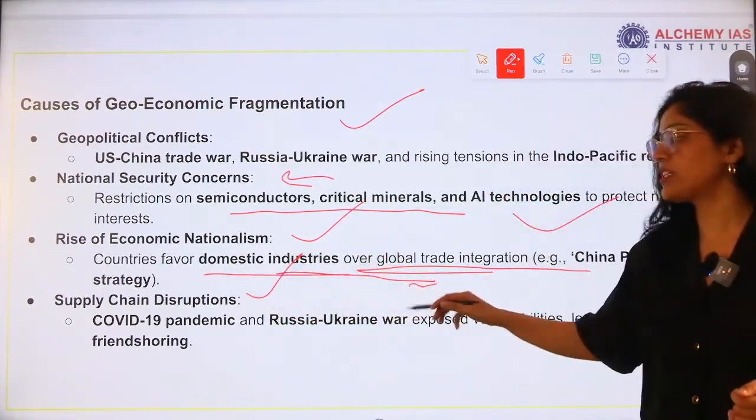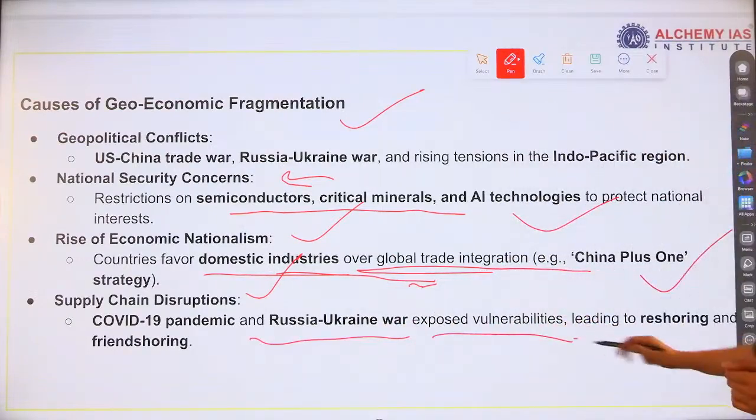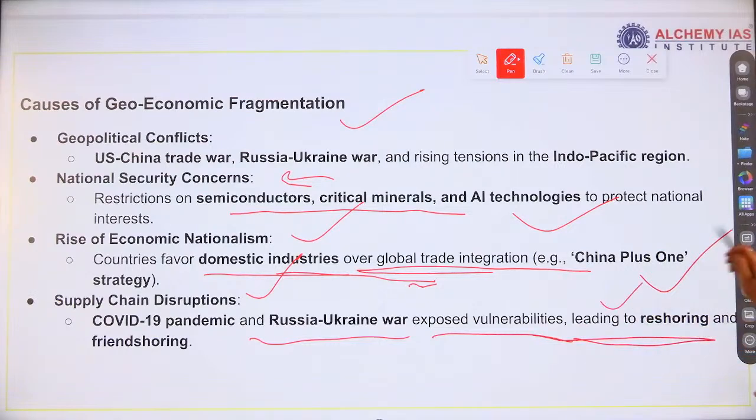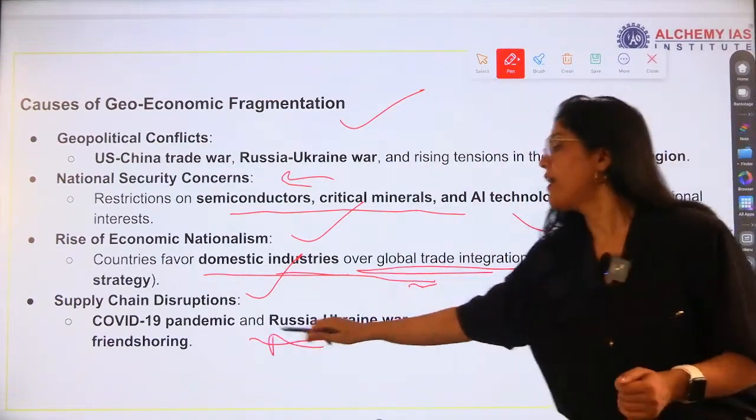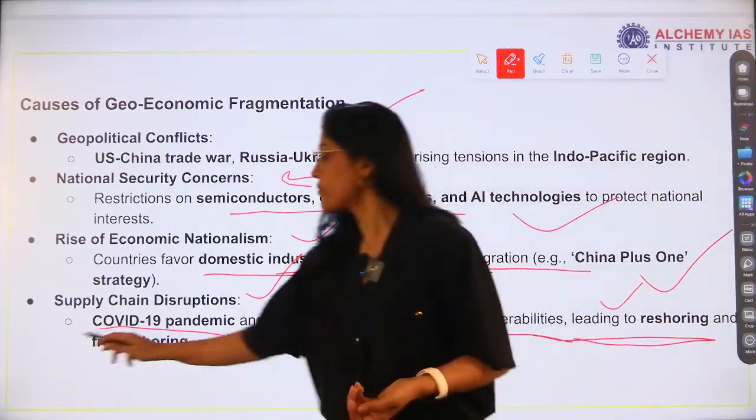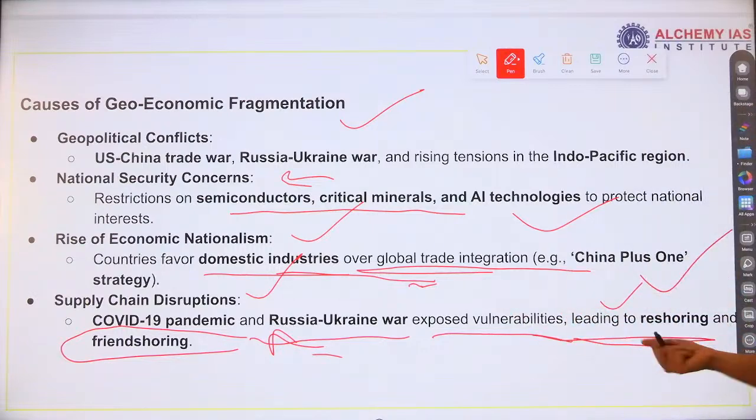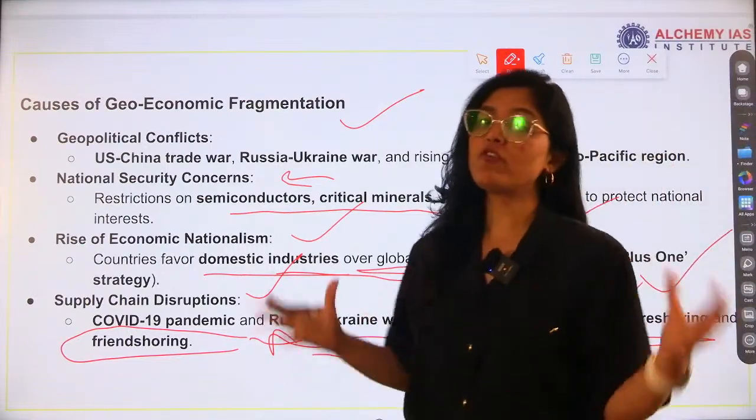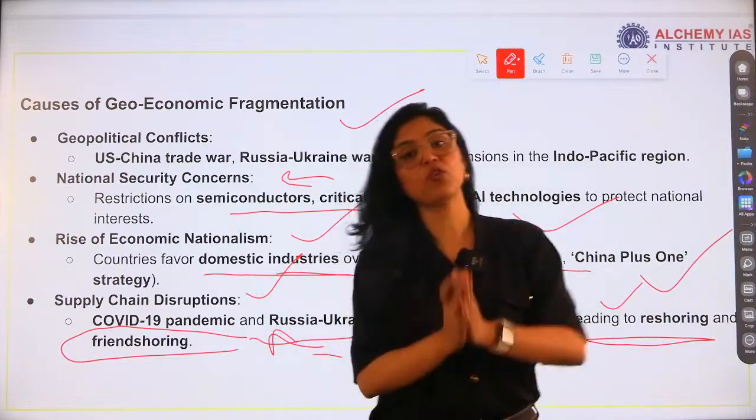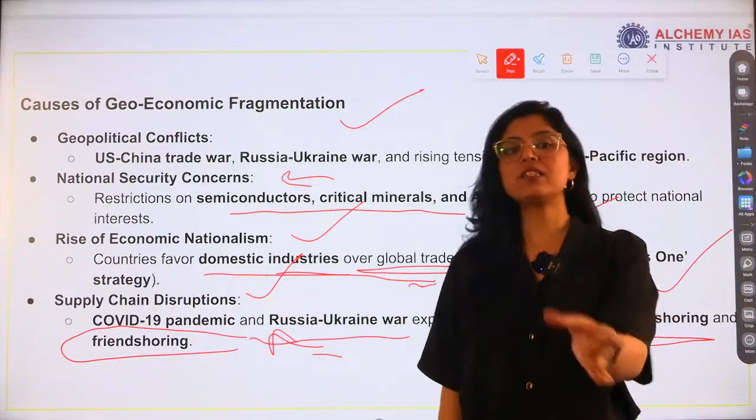Next is supply chain disruption. The COVID-19 pandemic and the Russia-Ukraine war exposed vulnerabilities, leading to reshoring and friendshoring. So these two terms are very new. See, we have seen this has been used in the economic survey, friendshoring and reshoring. What is the meaning of reshoring and friendshoring? You have to understand the definition, because this term can be asked,